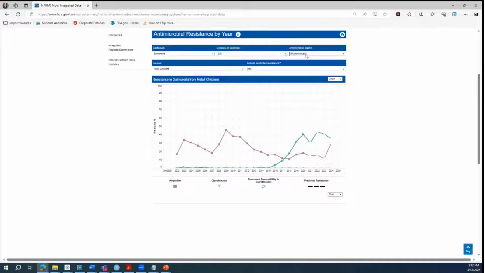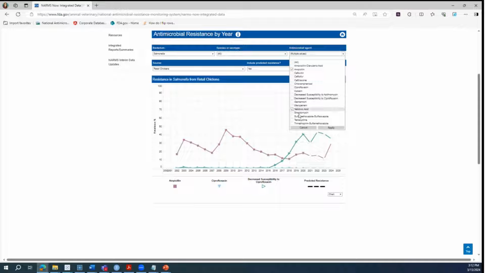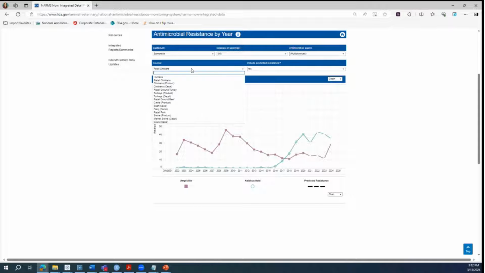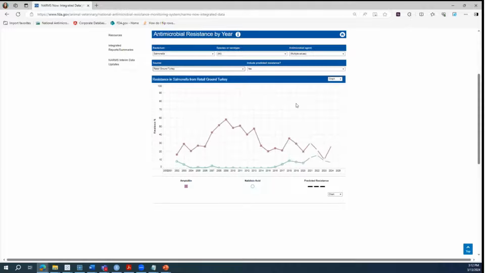And then I'm going to change the antimicrobial agent to look at ampicillin and nalidixic acid. And change the source to retail ground turkey. And now that I have made my selections and the graph is populated with what I want,